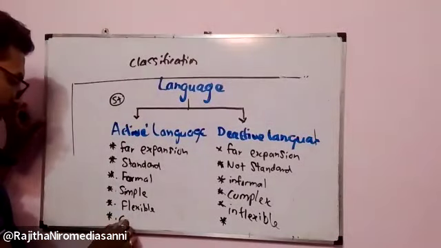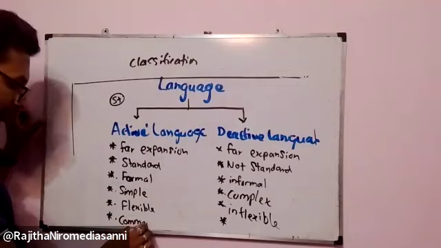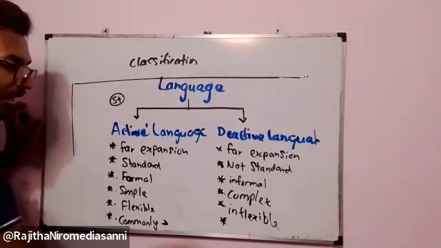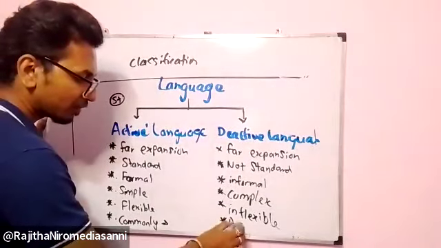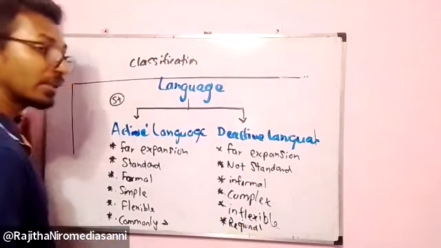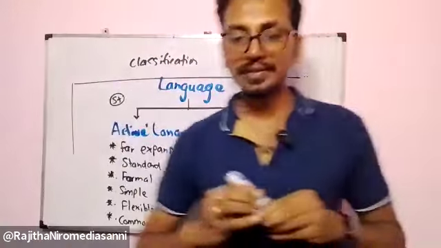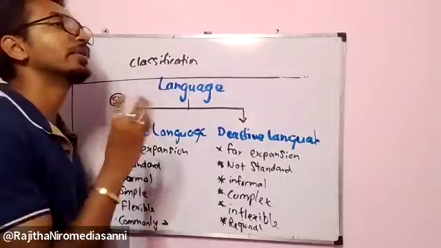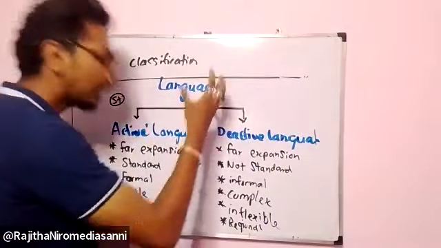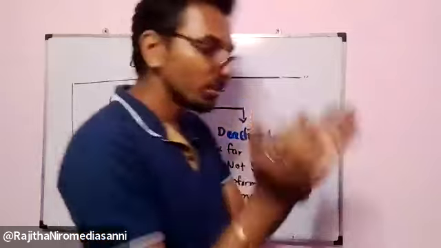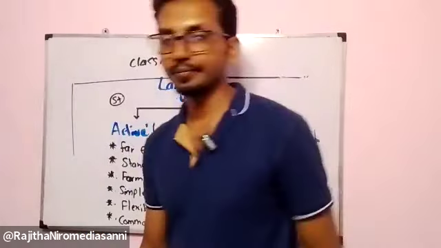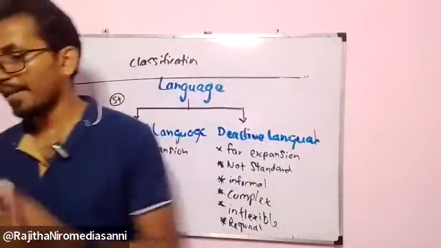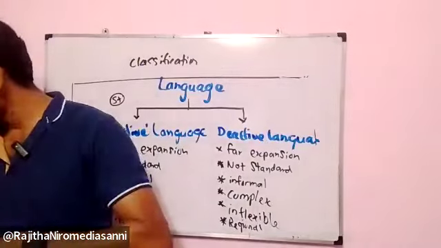This type of active language we can use commonly, anytime, anywhere. That's why it becomes a state language. But this type of language is regional. In rural areas, few people use this language. That's where the regional idea comes from. So active languages have the common idea, and deactive languages have the regional, rural idea. That's the point.